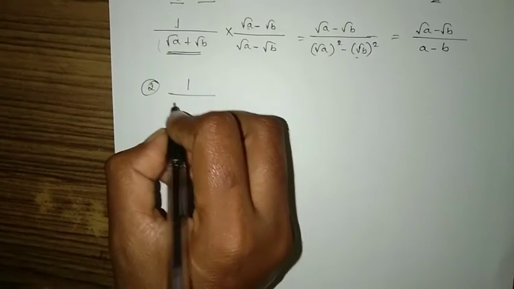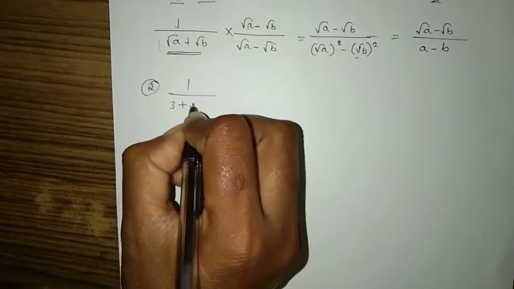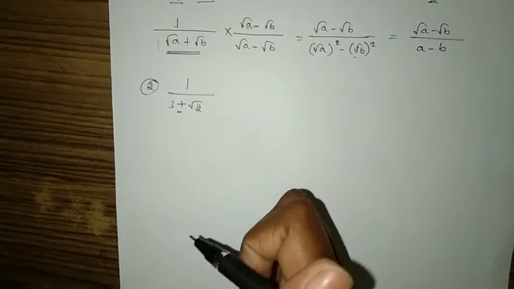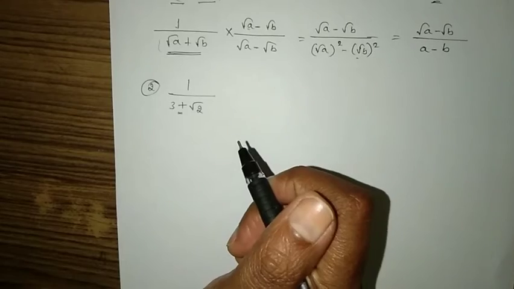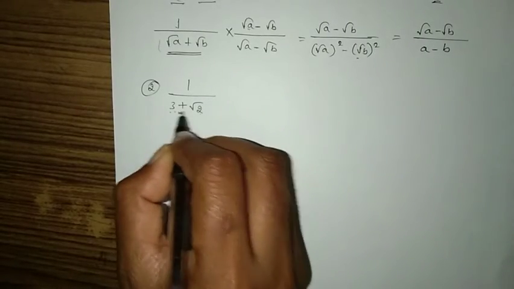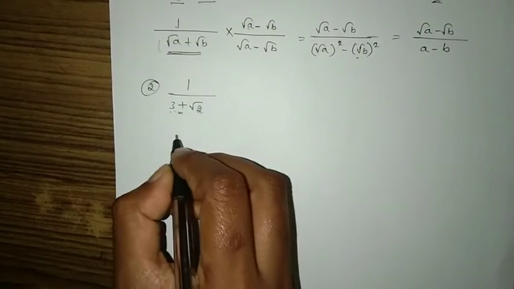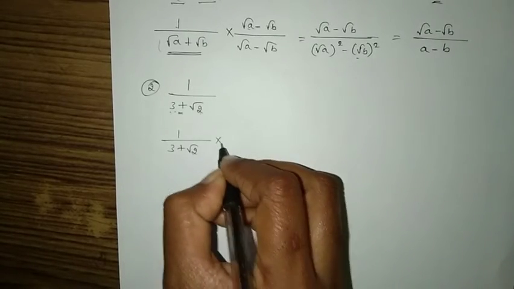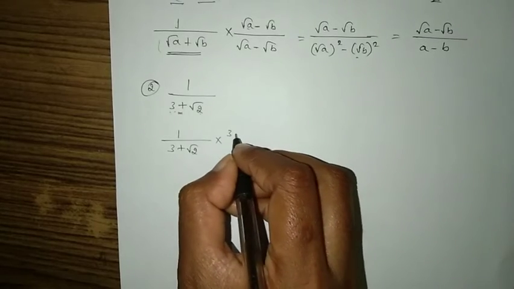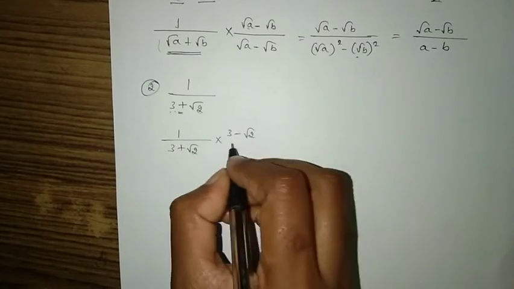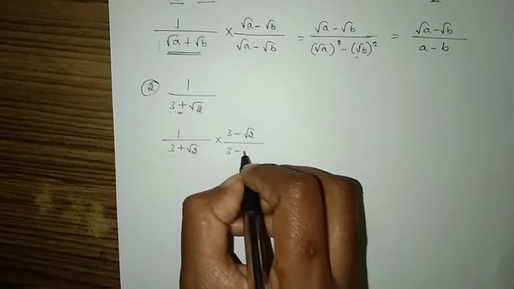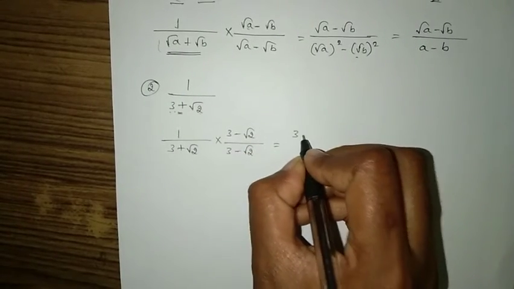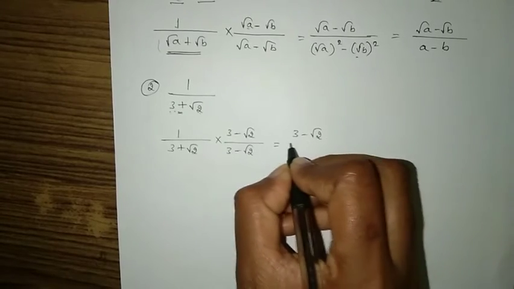1 divided by 3 plus root 2. How can we do this? We have a plus sign here. What we have to do is change the sign between the two terms. So 1 divided by 3 plus root 2 into sign change 3 minus root 2 divided by 3 minus root 2. What we get is 3 minus root 2 divided by,